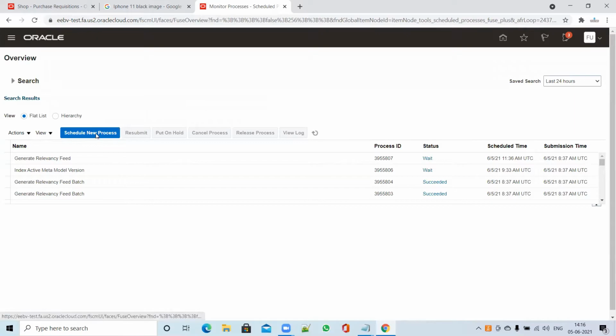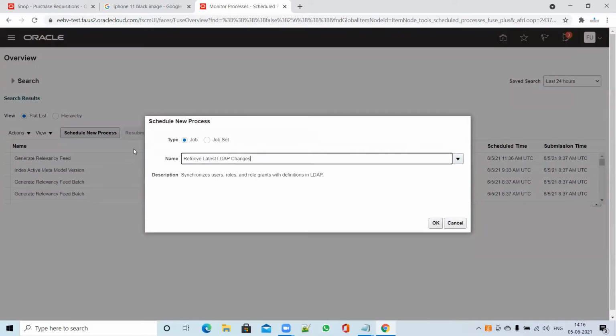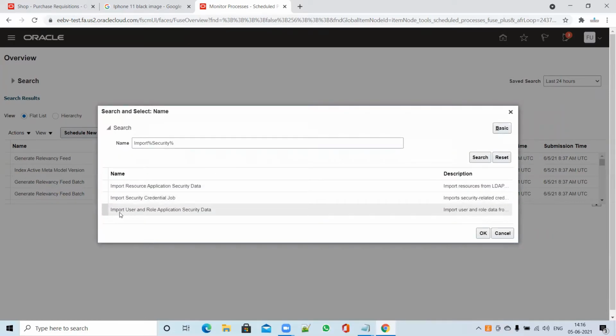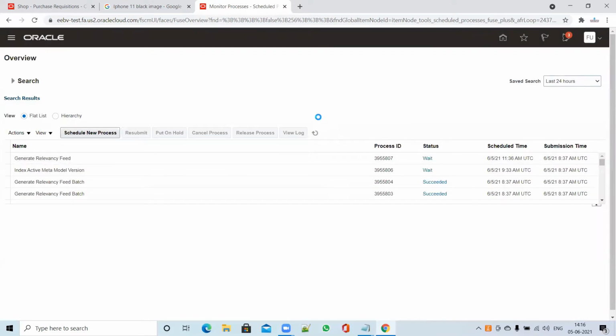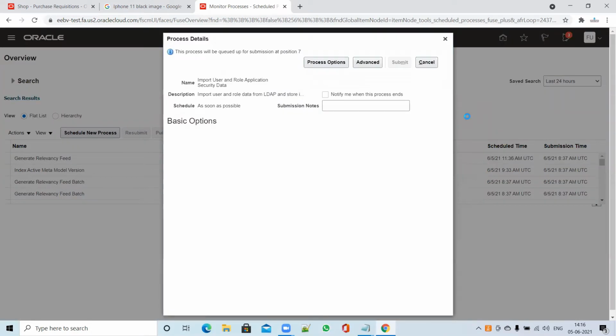Then for another request, you have to launch import security. The second request is Import User and Role Application Security Data. You have to run it after launching the LDAP or vice versa.